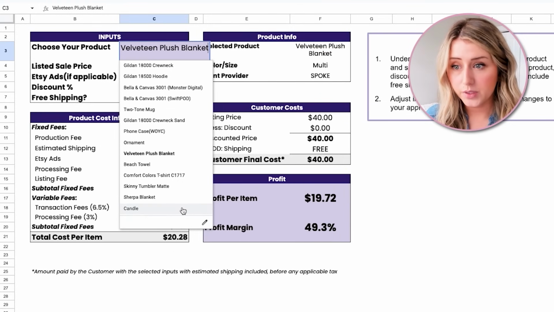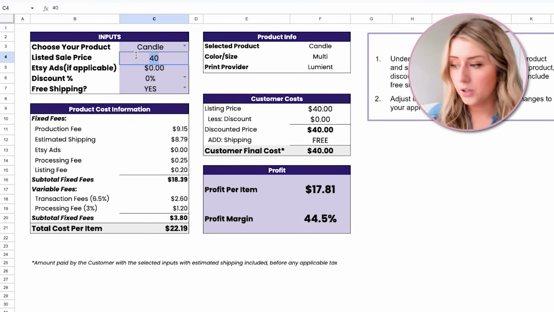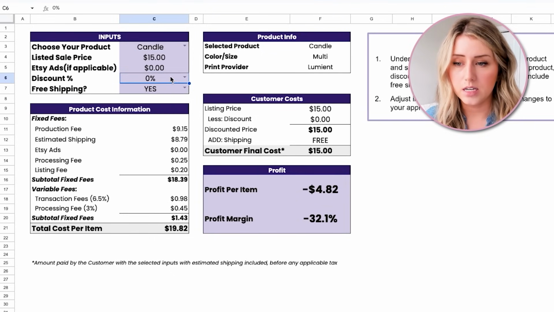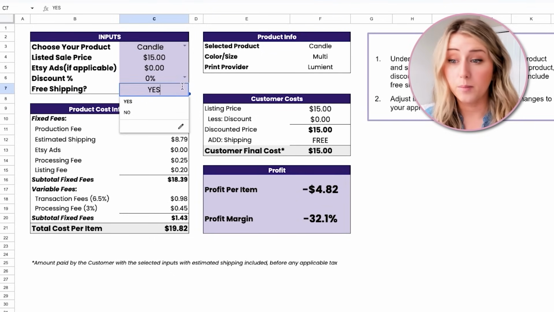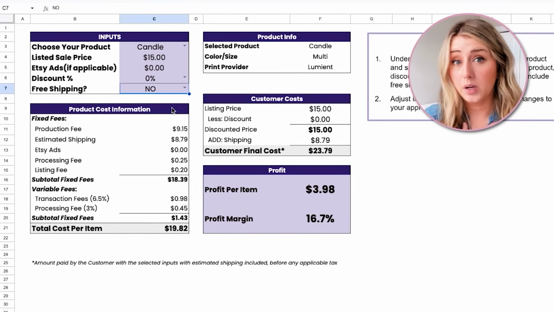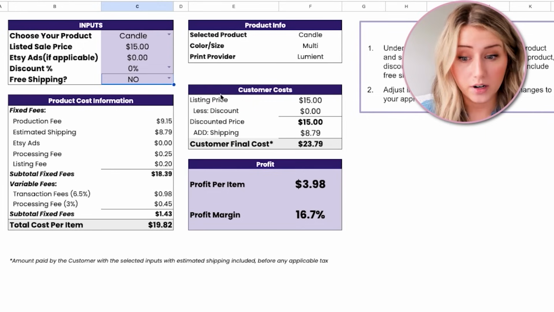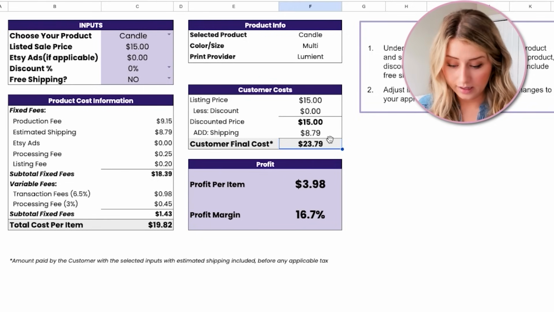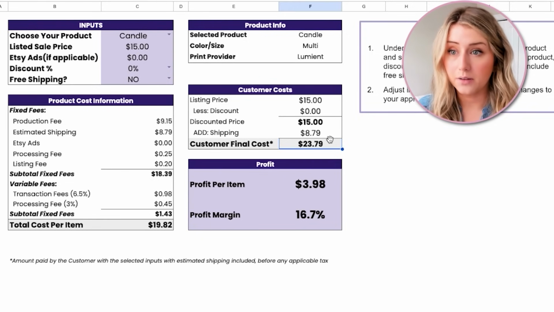The product I'm going to select now is just the candle. So let's say that I sold this candle for $15 and the discount, I didn't have a discount. I'm not offering free shipping. This is what I personally would price my products at. So if I had a profit of $3.98 per candle I sold, and again, we're selling that about 17,000 times